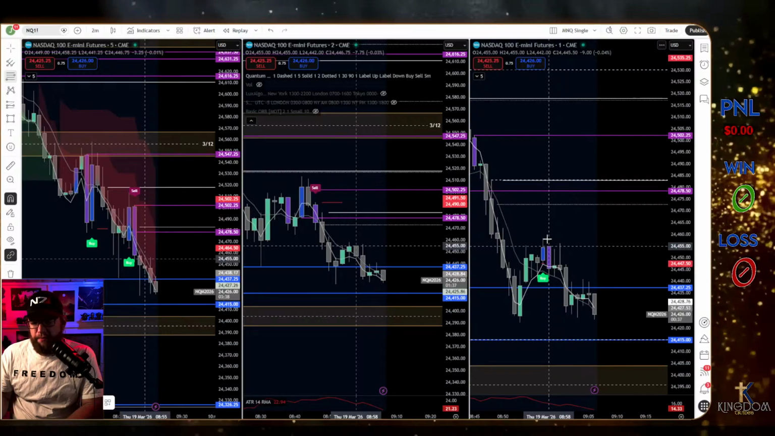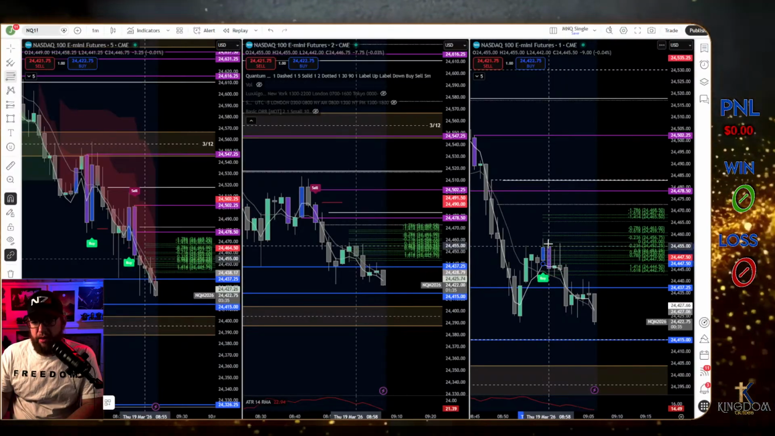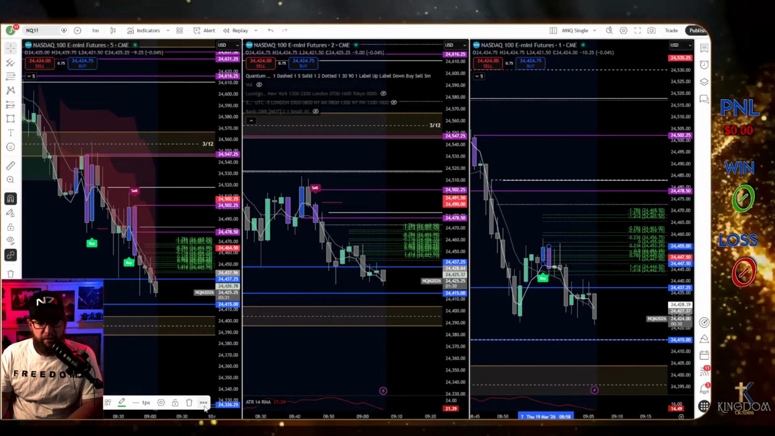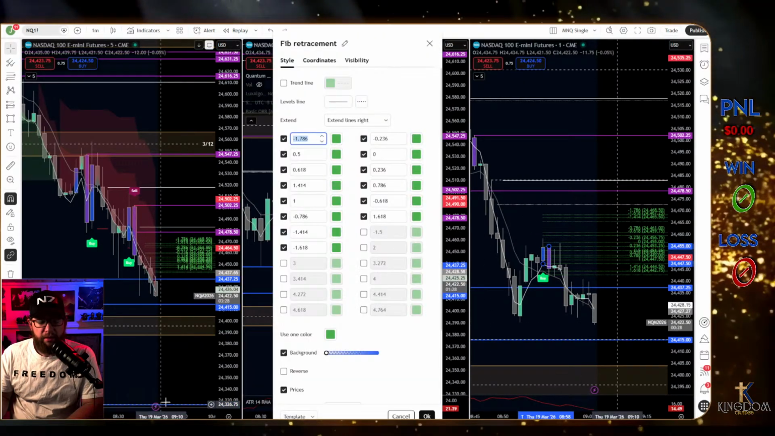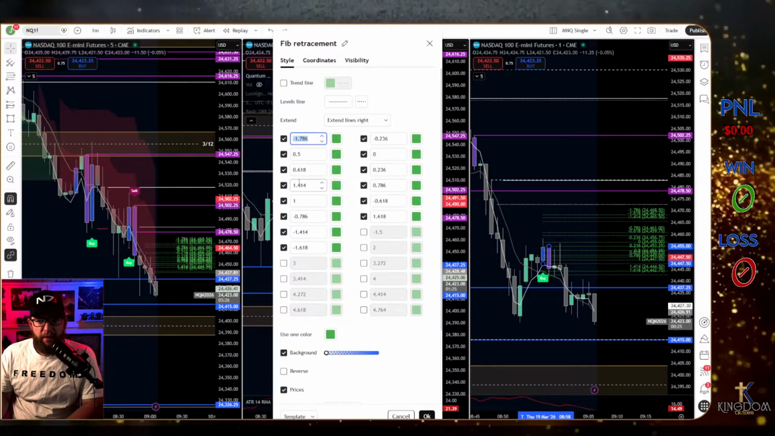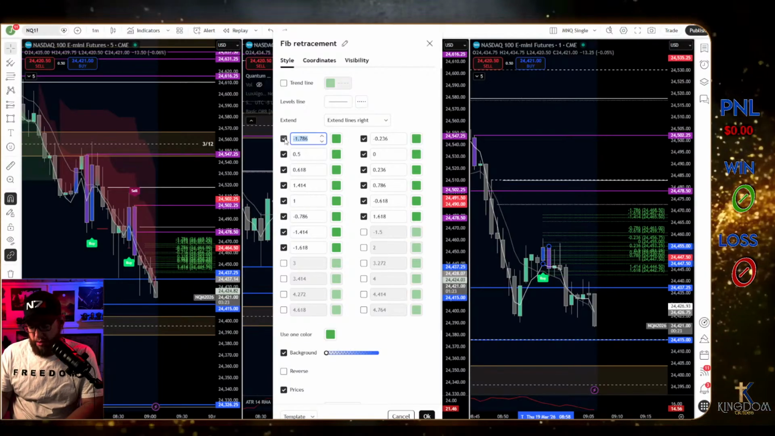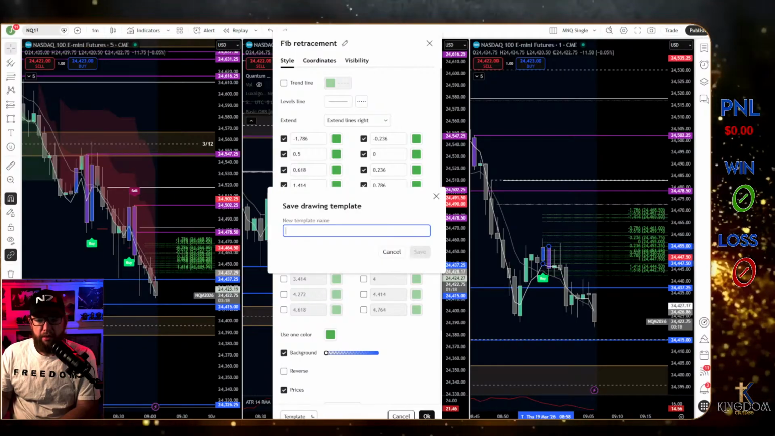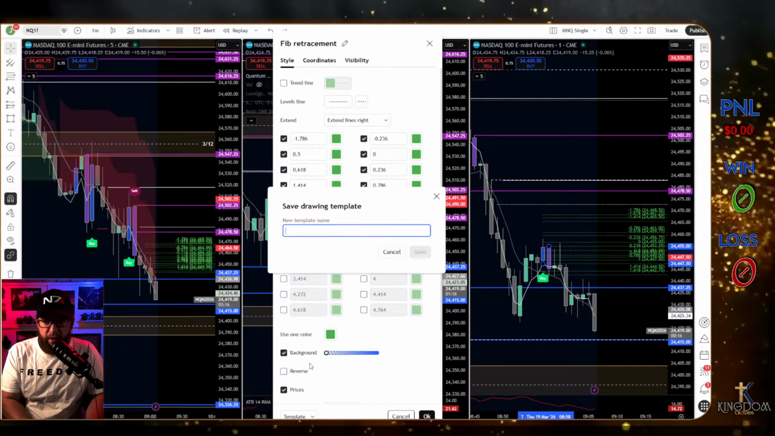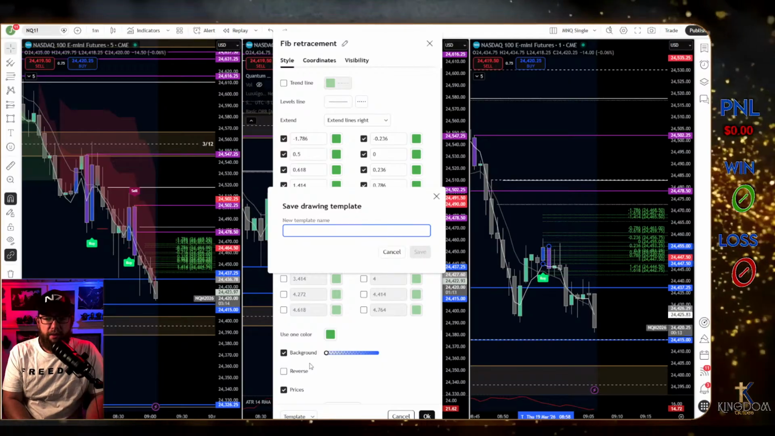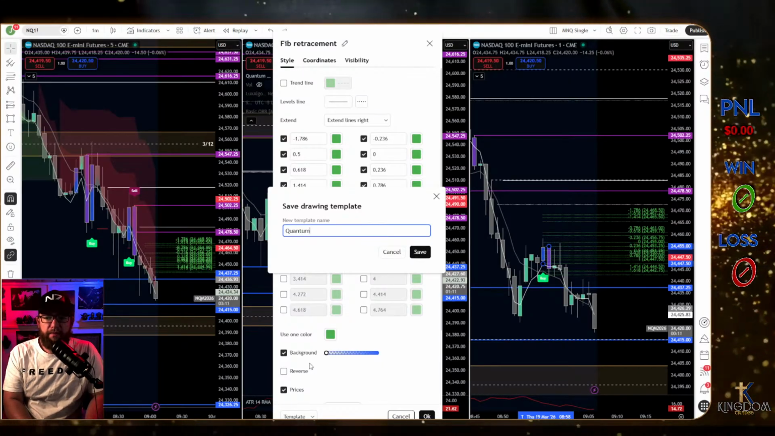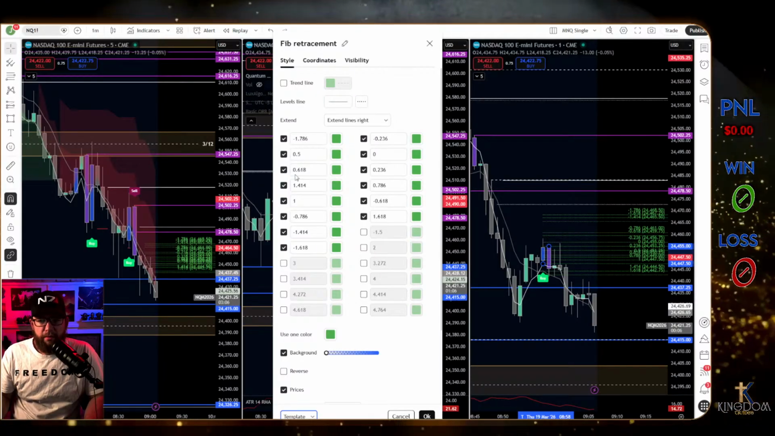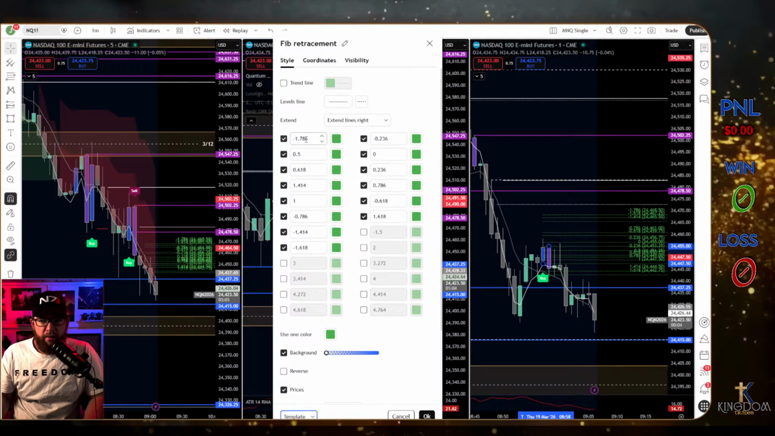So if I draw a fib here, my idea is that I can draw a fib. We're going to always go blue to purple. We come into settings. We're going to create a template here. Save as, this is quantum. And then we're going to do